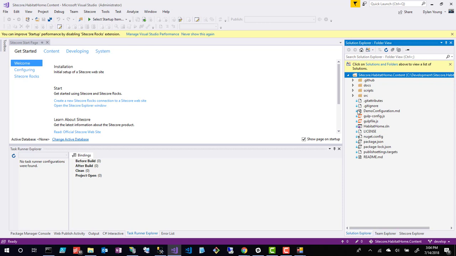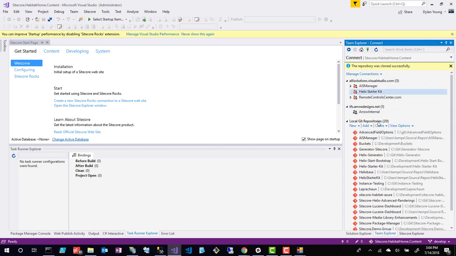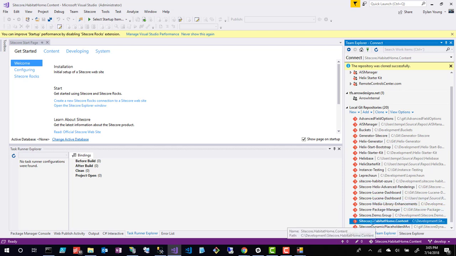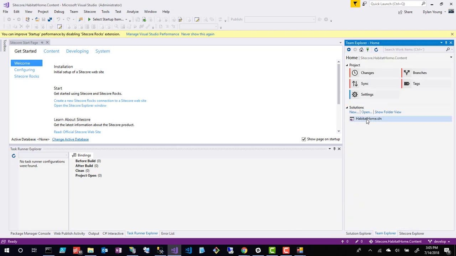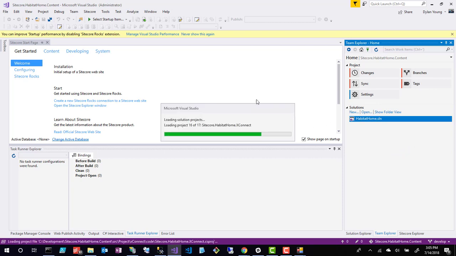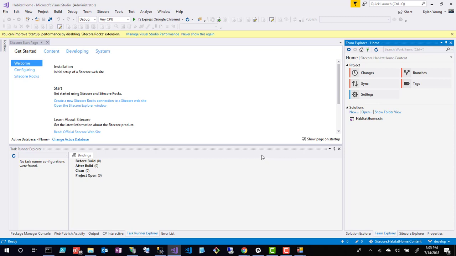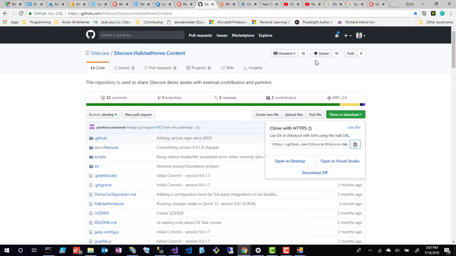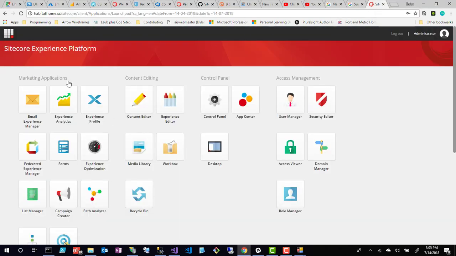And there we are. Now currently we don't actually have the solution open, so if we go back to this and we click on it, you'll see an option for the solution. Double click and it will open that solution. Now we're not going to really do a whole lot with this right now. We're going to get back to this once we install these packages, or modules, Sitecore modules, into our Sitecore 9.0.1 installation. So if we go back to the browser and back to our Sitecore instance, our habitathome.se,